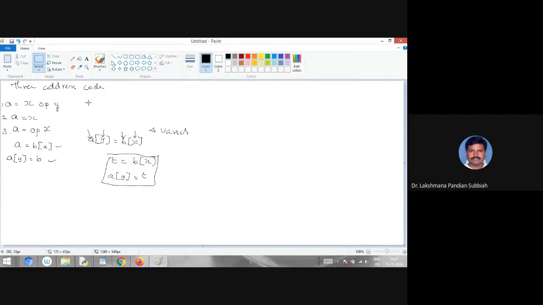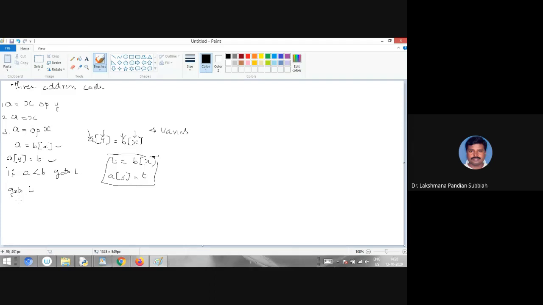Then we have another statement: if A less than B, go to L, go to one label. Then another one is go to one particular label.